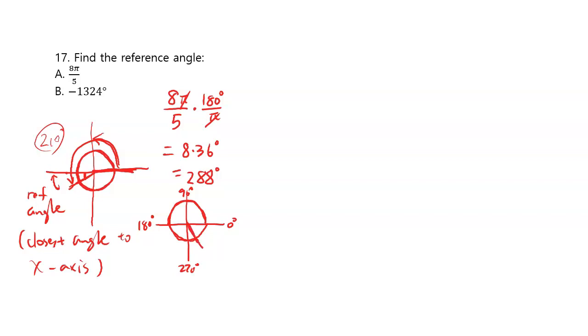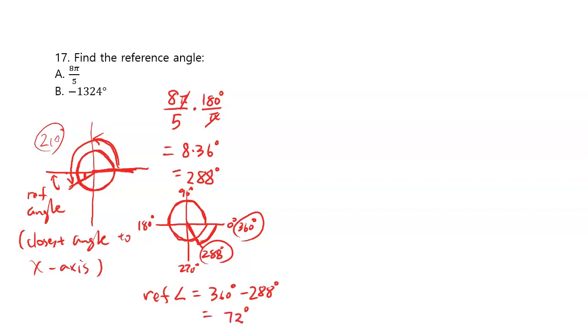So really the reference angle would be the angle to 360, right? If you go full circle, this would be 360. So you have to know how far you must go from 288 to 360 in order to get to the x-axis. So the reference angle would be 360 minus 288, which gives you